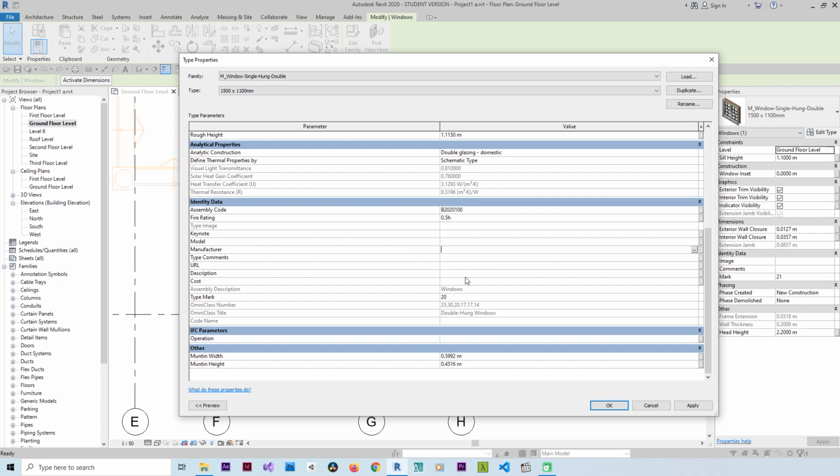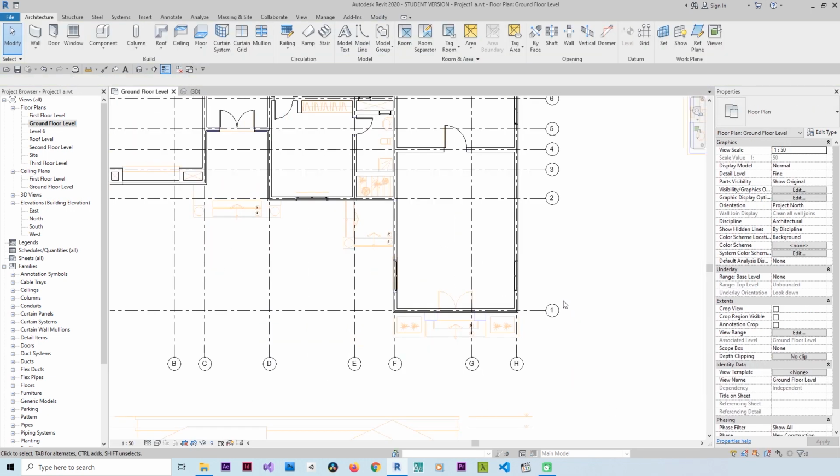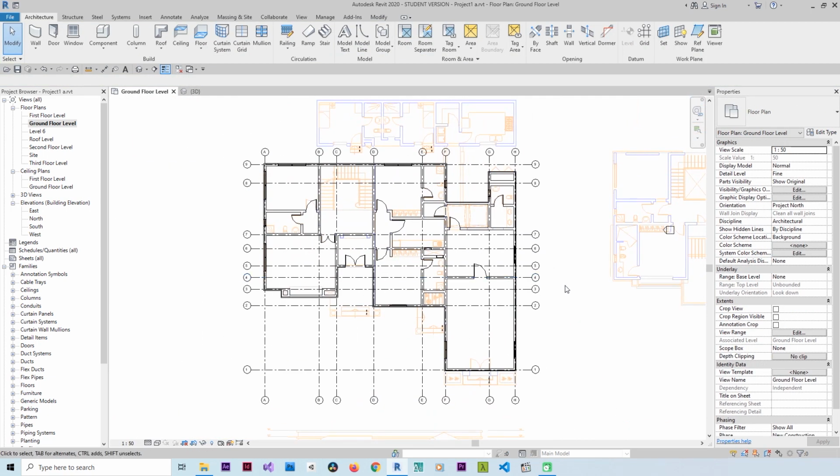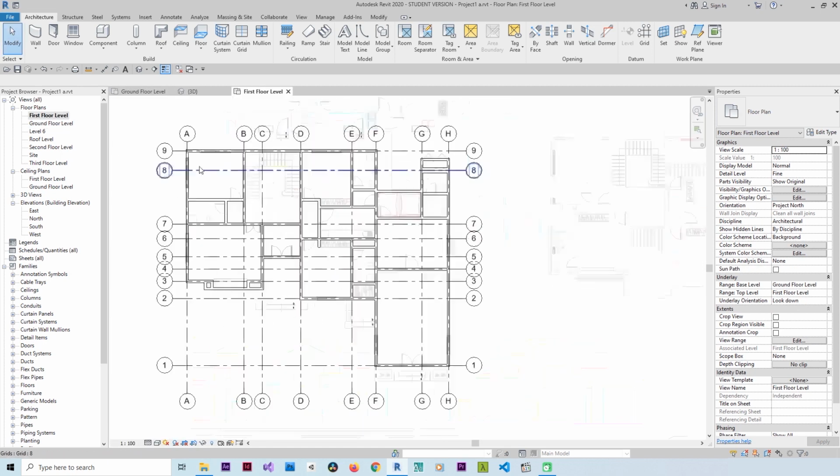Identity data, every single piece of data I add here will help me in the windows schedule. Next I have IFC parameters I can add here. Next I have some other dimensions I can add, change it here or leave it if I don't want to change. I hope it's easy and simple, but last thing, I can copy all windows to other